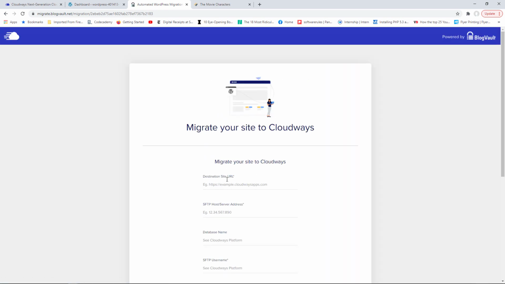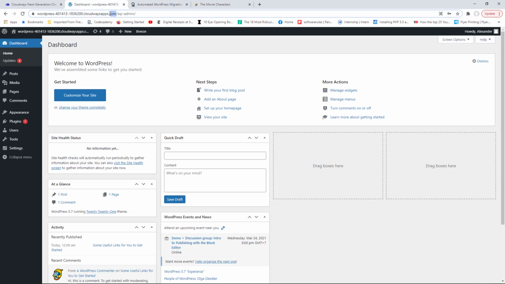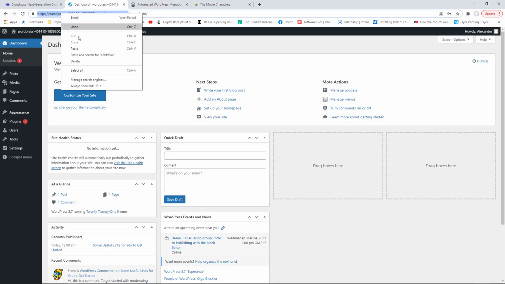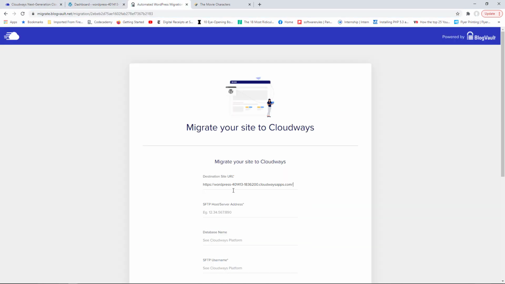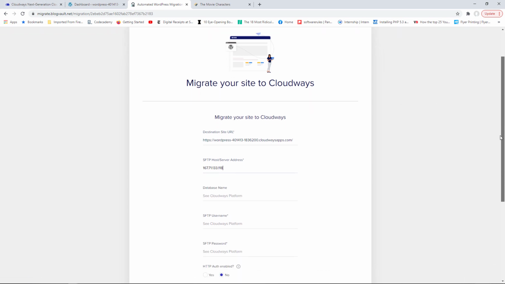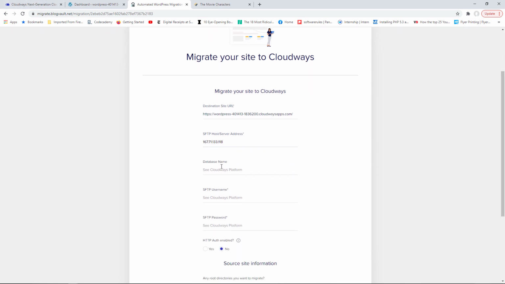So right here, the very first one will be the destination site URL. It's going to be the URL for your site on Cloudways. So I'm going to grab that one, paste it right there. And now the IP address will be for my server on Cloudways. The database name, you could leave this blank, but just to avoid any errors, what you want to do is,